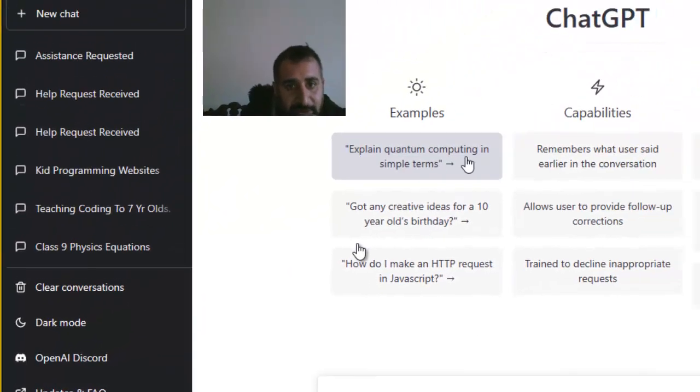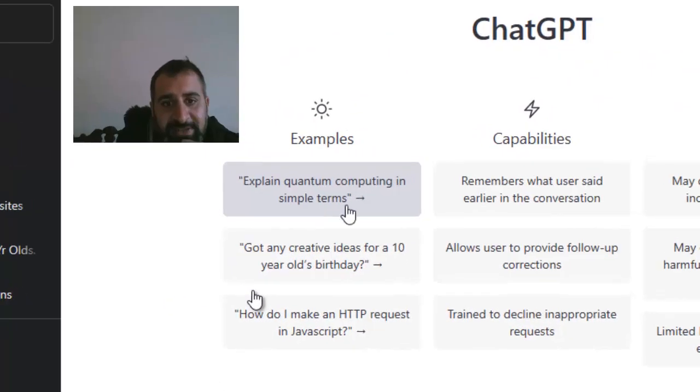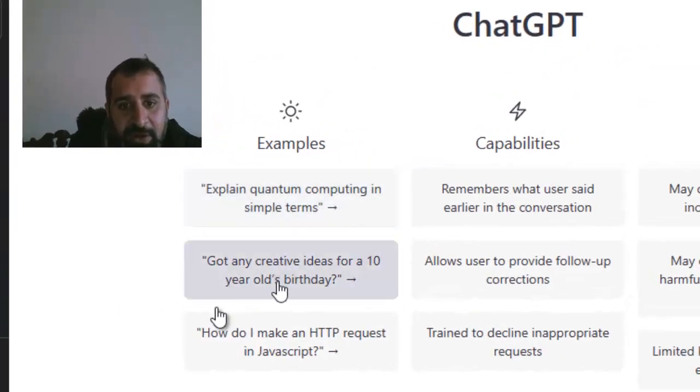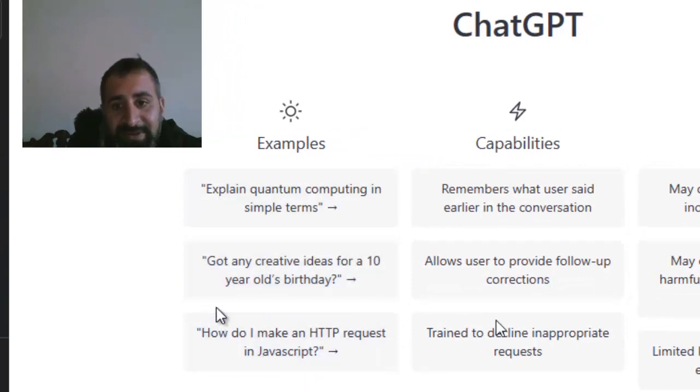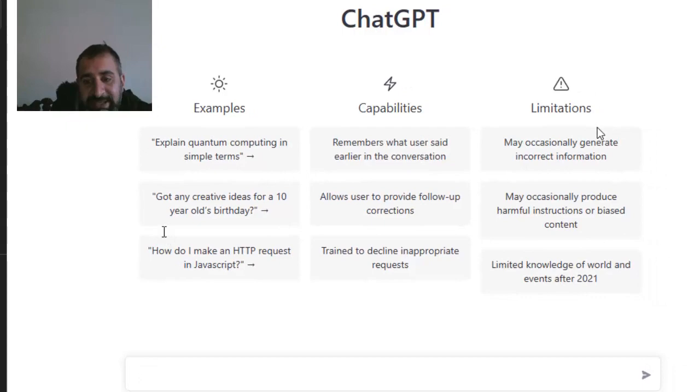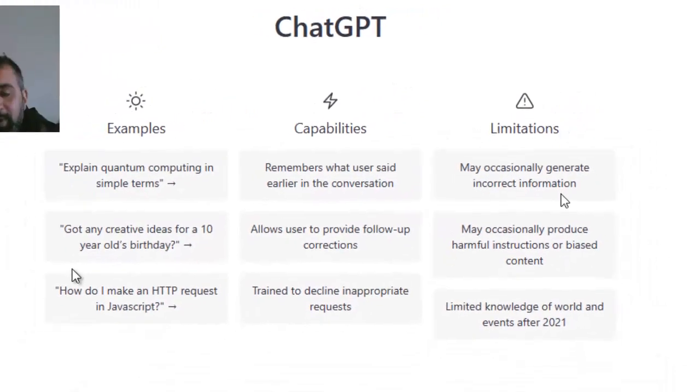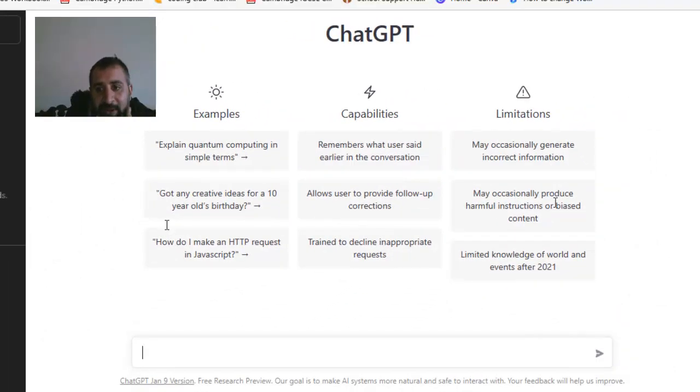Examples: explain quantum computing in simple terms, any creative ideas for a 10-year-old's birthday, how do I make an HTTP request in JavaScript. It remembers what users said earlier in the conversation, allows users to provide follow-up corrections, and is trained to decline inappropriate requests. These are the capabilities of ChatGPT. What are its limitations? It may occasionally generate incorrect information, may occasionally produce harmful instructions or biased content, and has limited knowledge of world and events after